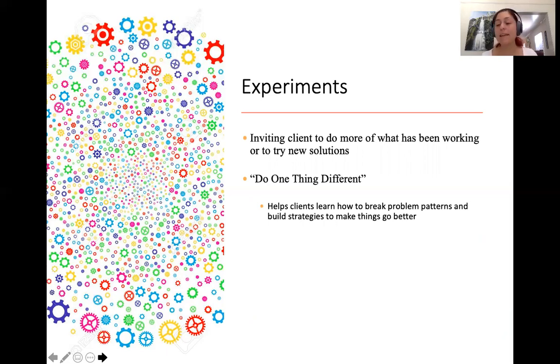It has multiple steps that guide a client through changing parts of the problem and trying different solutions. And it involves a prompt and a reflection to tell the client what to do specifically, and then to reflect on whether or not it worked, why they think it worked, and what they could do moving forward. This is one of the ones that we will do in our classwork activities.